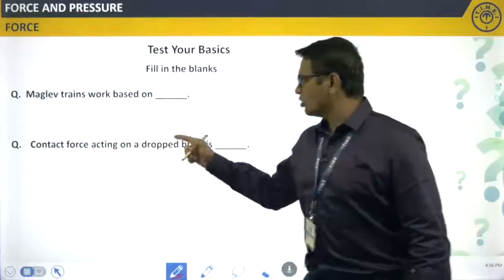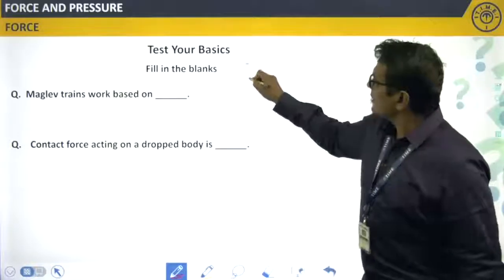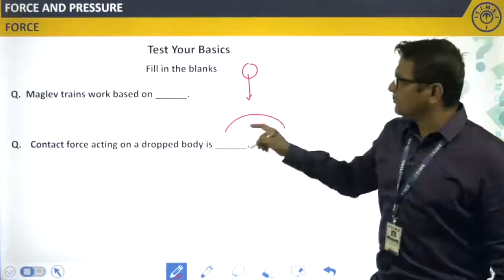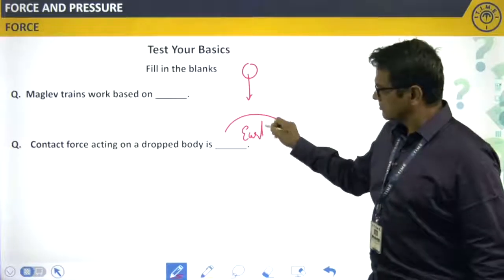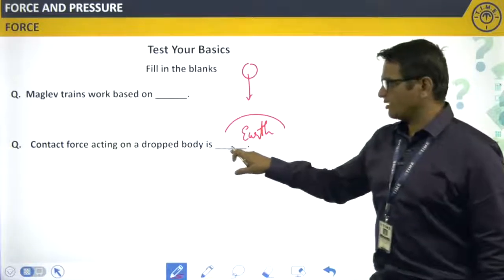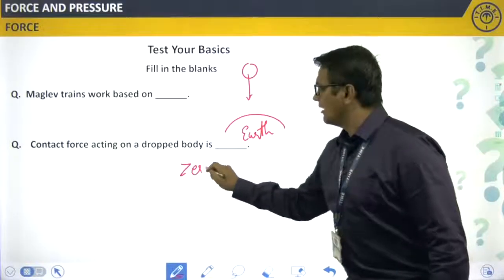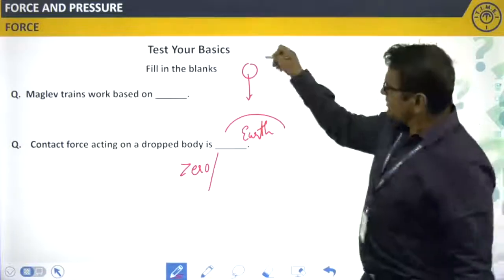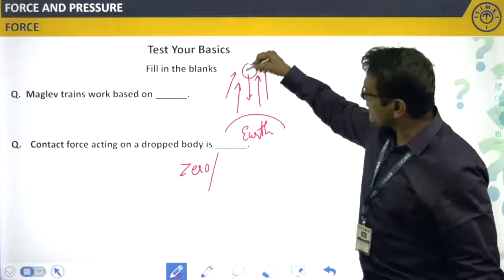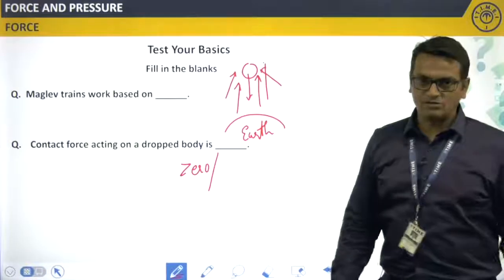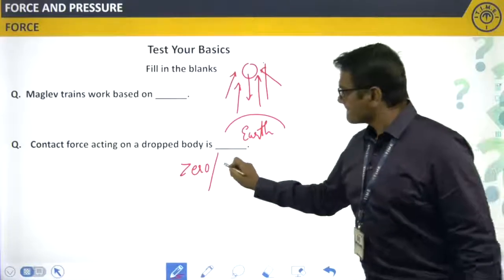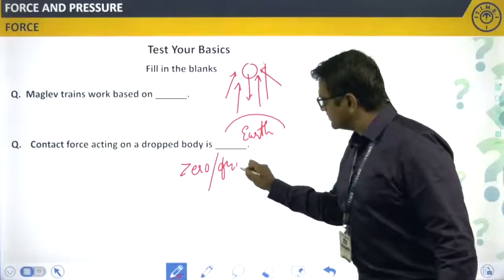Contact force acting on a dropped body is dash. Now imagine a body is dropping down, right? It has been pulled by the earth, so that is a non-contact force. So what is the contact force acting on a dropped body? 0, right? But when the body is coming down, air is going to apply friction, right? And that is going to be a contact force. So I'll say contact force acting on a dropped body is frictional force